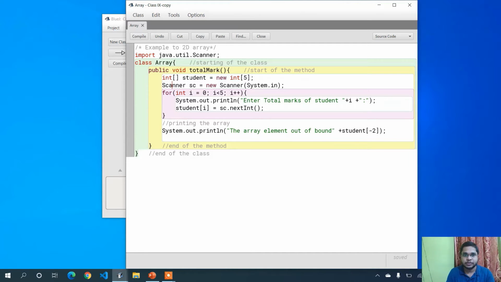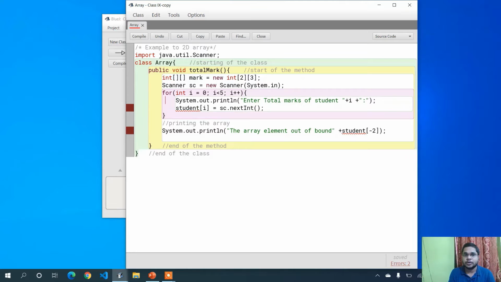Instead of student, let's take mark as my array name, and here I put two open and close square brackets, which means mark is represented as a two-dimensional array with the size of new int, then I have to write my number of rows and number of columns. Let it be number of rows is 2 and number of columns is 3. Clear?